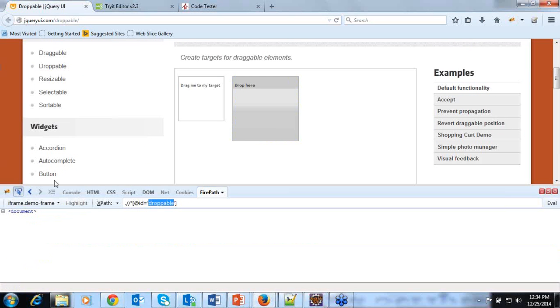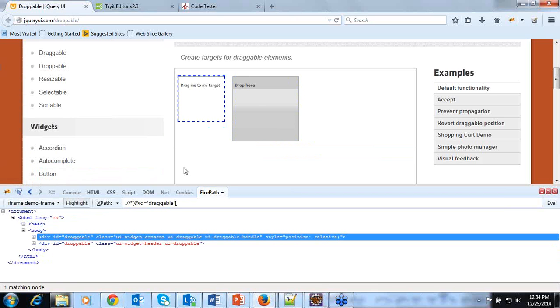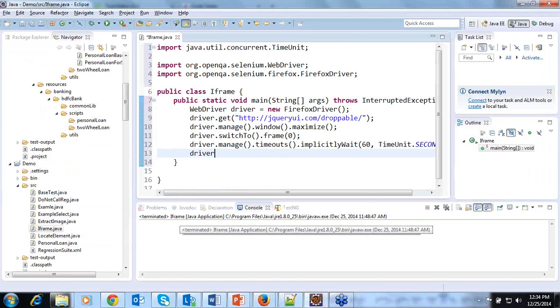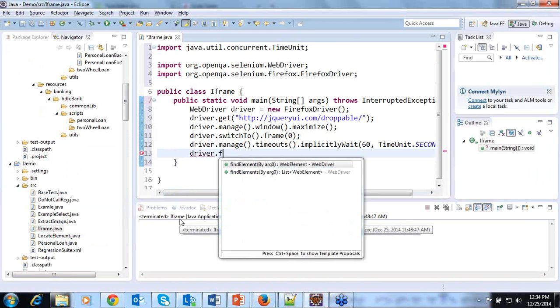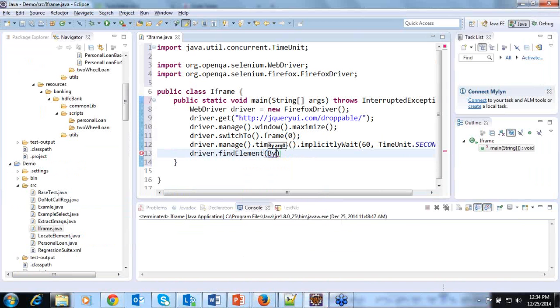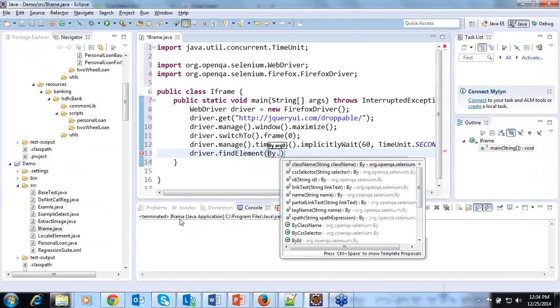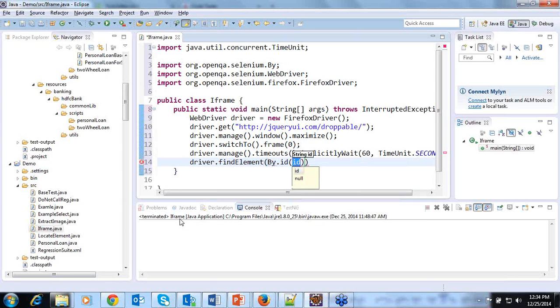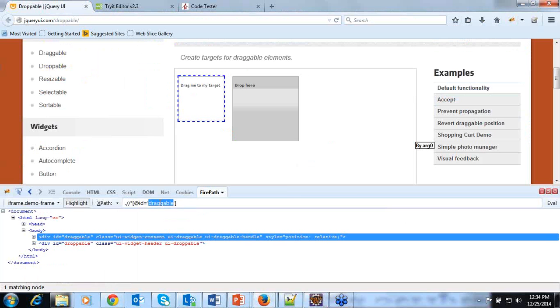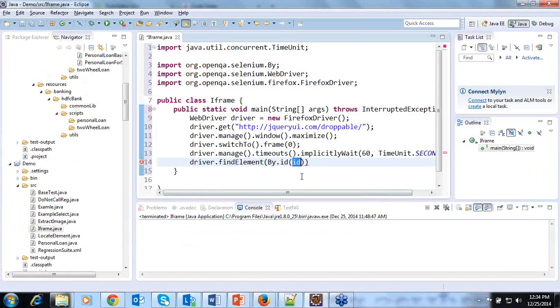First let me try to find out the element locator of this particular object. It is getting identified by ID, and the ID is draggable. So by using this ID, I will create one statement called driver dot find element by dot. Since the element is getting identified by ID, let me use ID, and I will copy paste the same ID in the bracket.